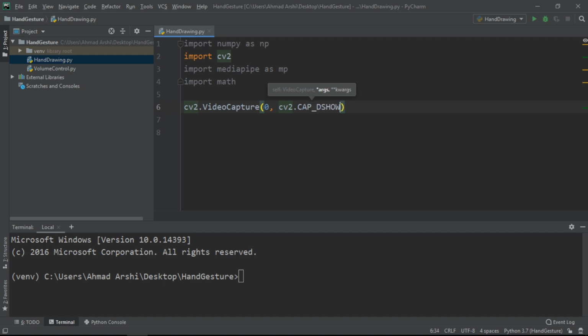Now what it will do, it will just change the APIs for you, and you will be able to get the camera. You will be able to get the images or videos from the camera. So let's just save it inside the variable capture, and then next thing, we have to actually create the solution for the hand. We will go for the MediaPipe library to get the hands analyzer, and then we will be using that further. So let's just do that first.